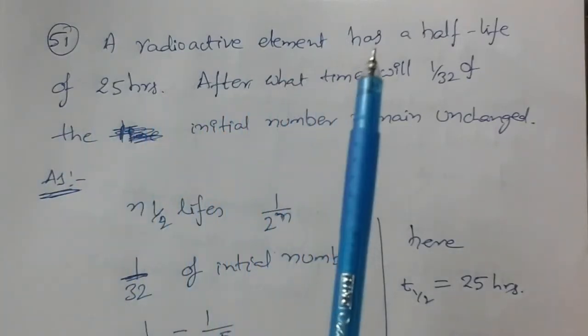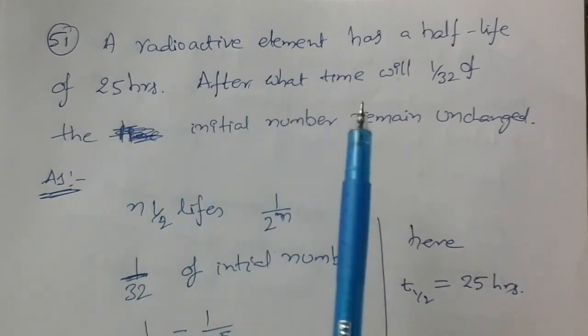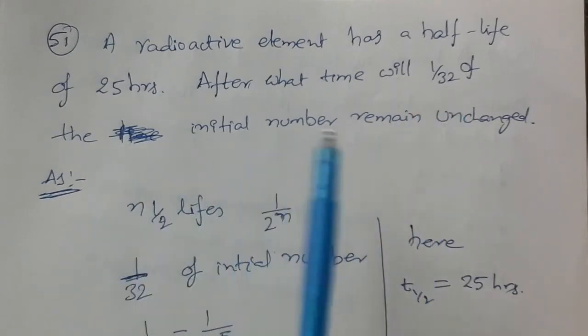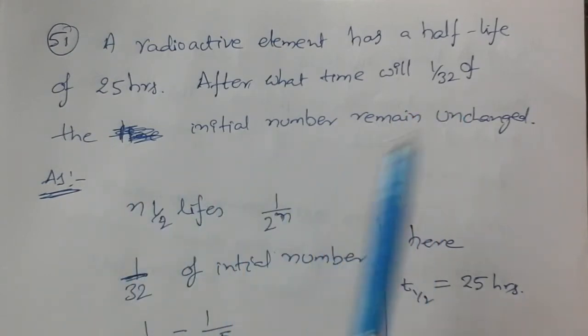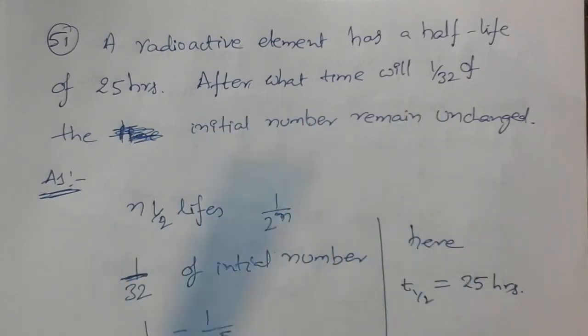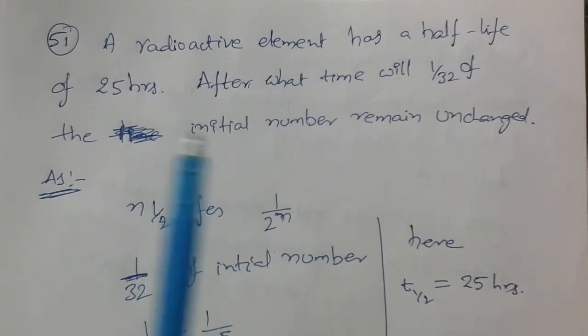A radioactive element has a half-life of 24 hours. After what time will 1/32 of the initial number remain unchanged? Means the initial value should fall to 1/32 times. Okay, then